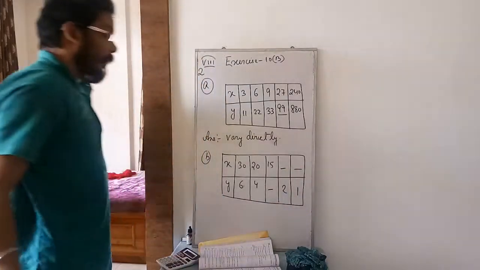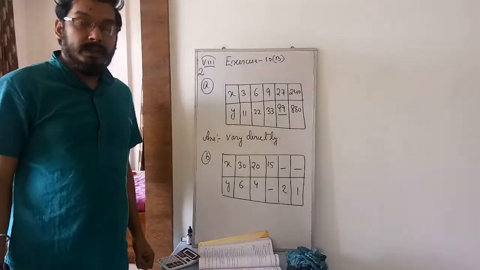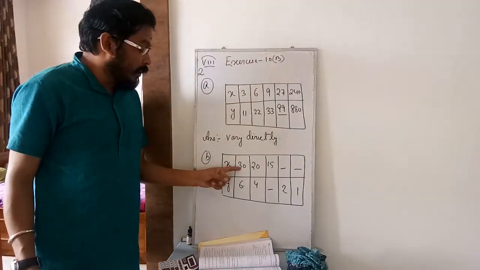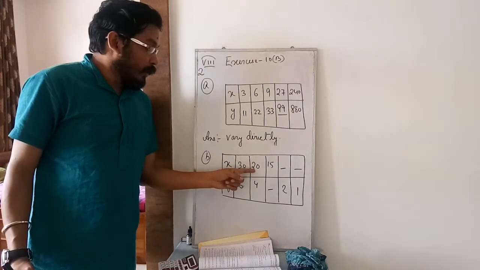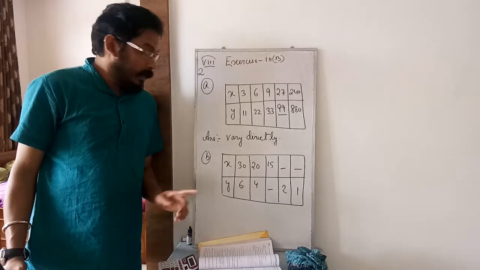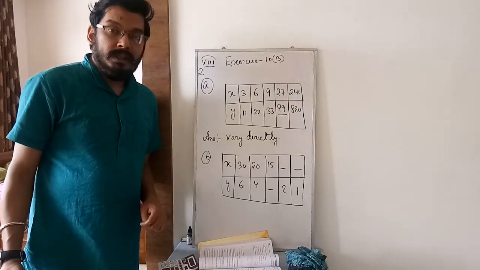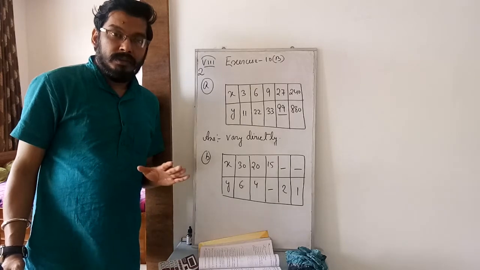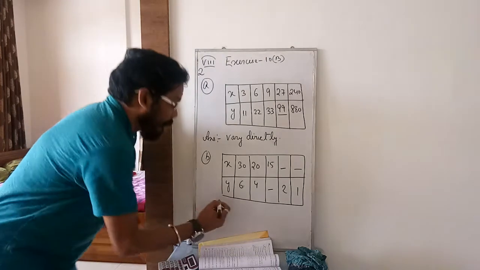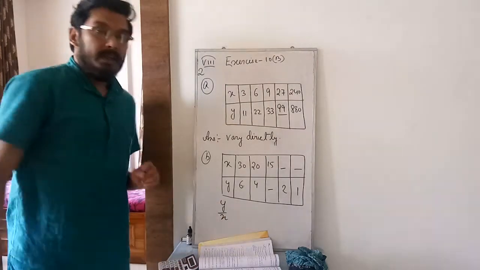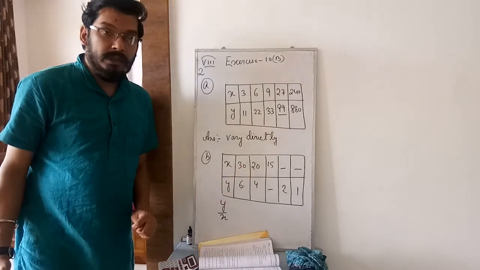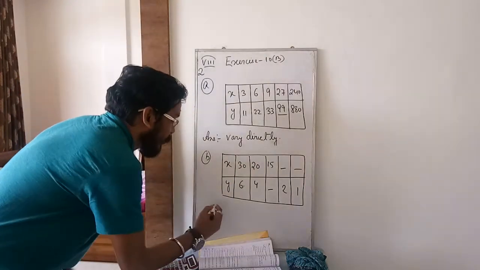Here it is 1. So first I have to check whether it varies directly or inversely. For inverse, if you multiply 30 into 6, 180. 20 into 4, 80. So it is not inverse variation. Direct, let me check. 6 by 30. Direct means y by x. When we speak about direct variation, you will find out y by x. Okay, so y by x, how much you will get? 1 by 5, 4 by 20, 1 by 5. So it varies directly.